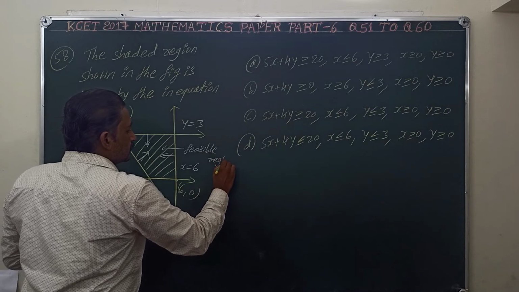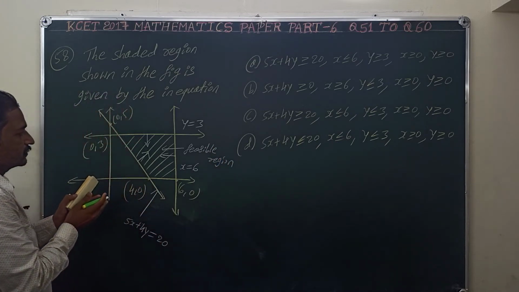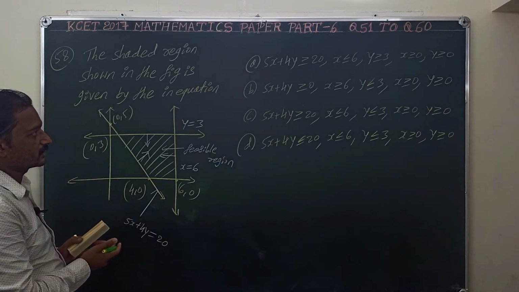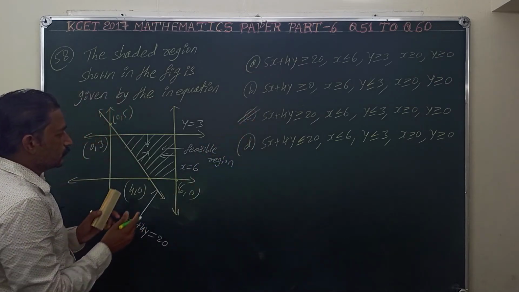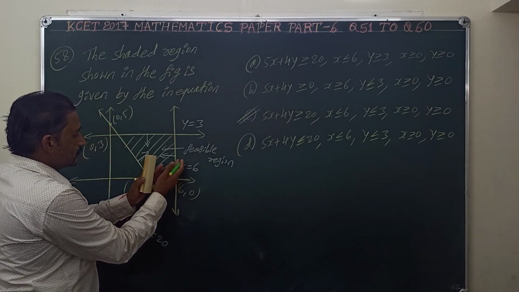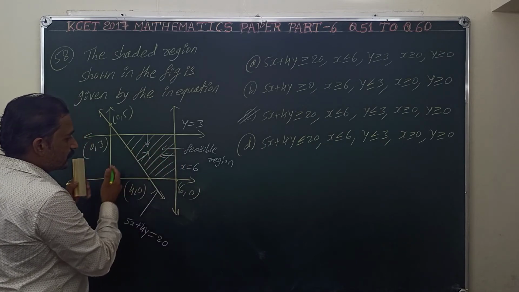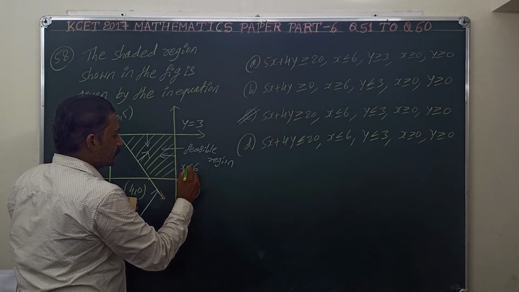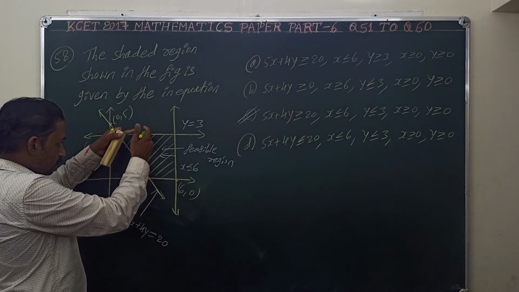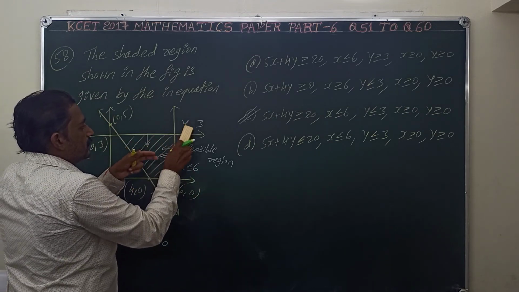Feasible region. So which option satisfies this feasible region? Here in this case option C satisfies. So x is equal to 6. Here in this case this line has the solution towards the origin, hence this can be written as x is less than or equal to 6. So here also the solution region is towards the origin, y is less than or equal to